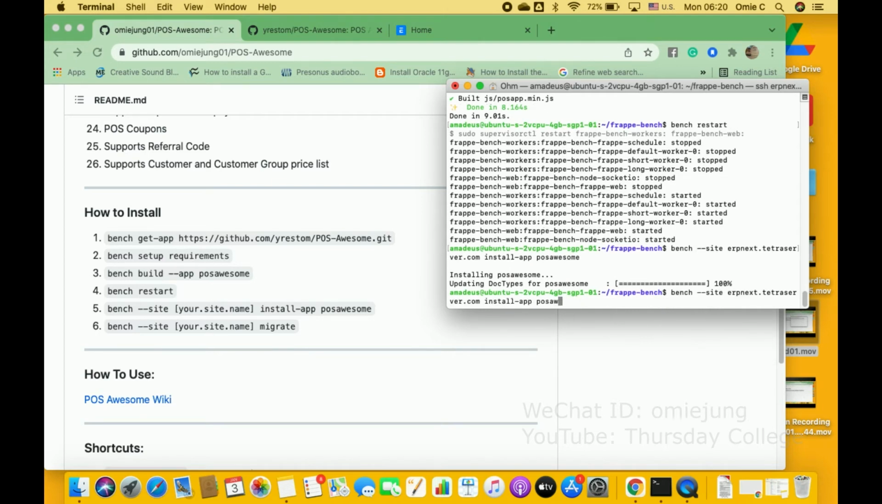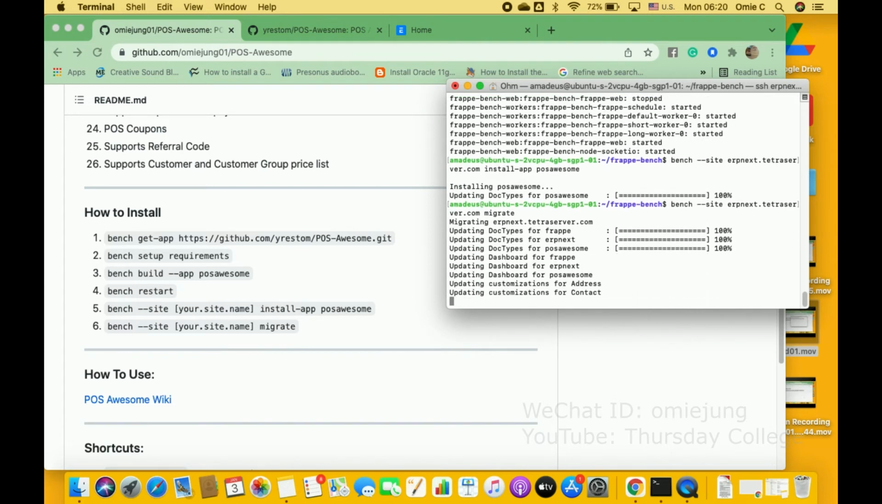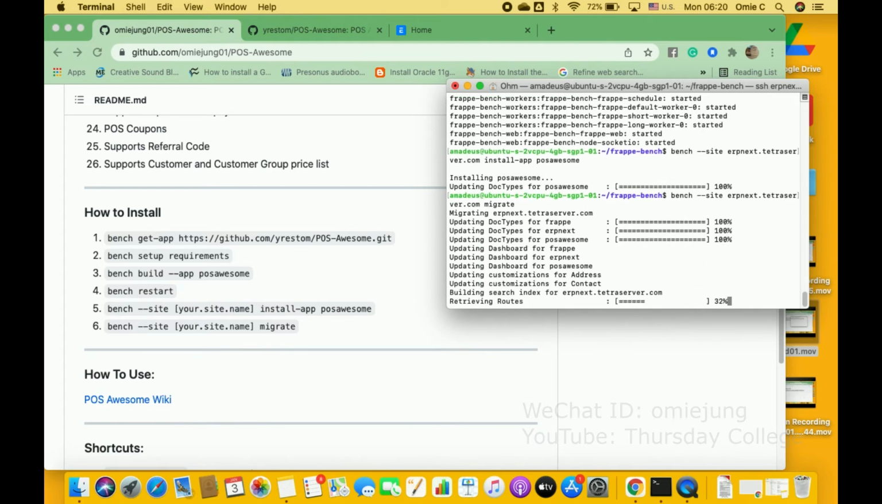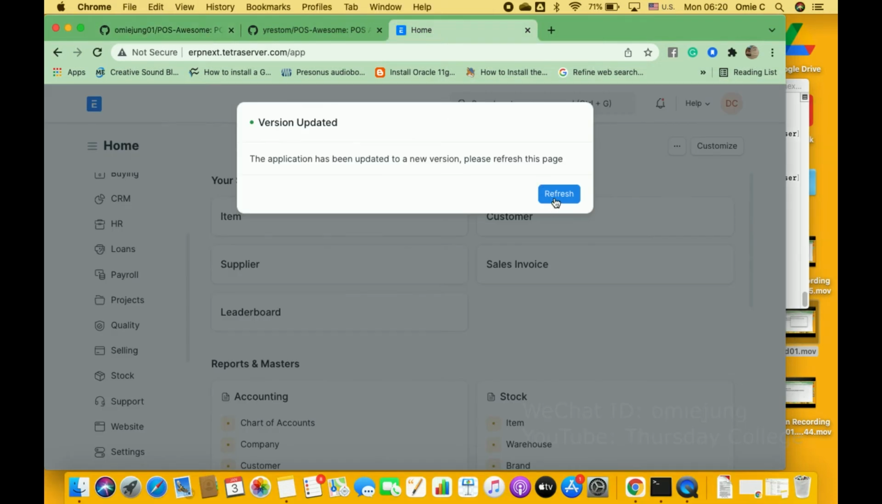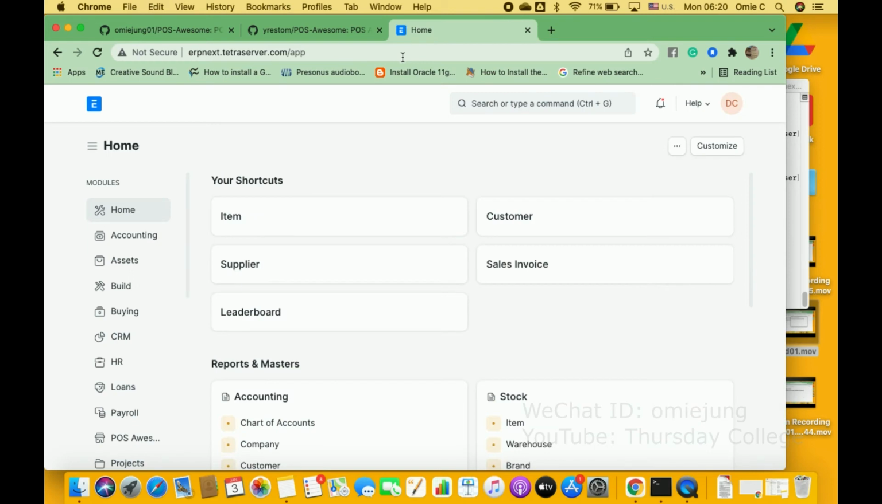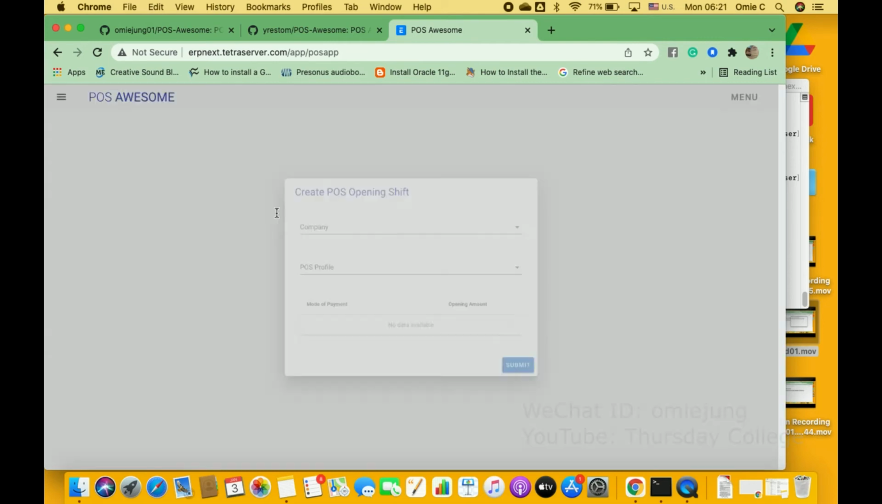Okay, and then the last thing we do is the migrate. So after we do the migration, they're gonna match the version of the Python. Okay, so you can come here. They said you should refresh, so you wait until the refresh, and then you're gonna see that the POS Awesome has come back already, so when you try to run